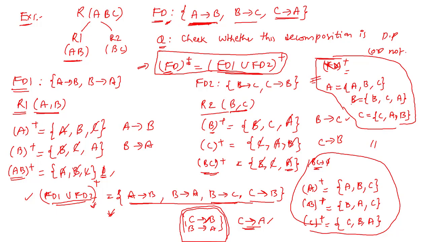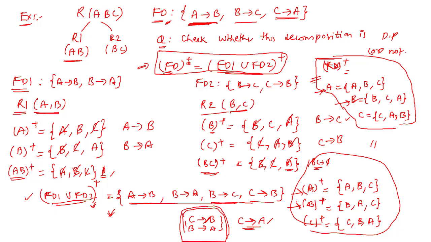From these closures we can say all these ABC are determining here ABC, BAC, CBA. So these closures are almost equal. The point is the closure of A is equal to the closure of A in this set, and the closure of B in this is equal to the closure of B in this set. So like this, if you calculate the closure of all these functional dependencies, then you will be clear whether the decomposition is preserved or not, okay?